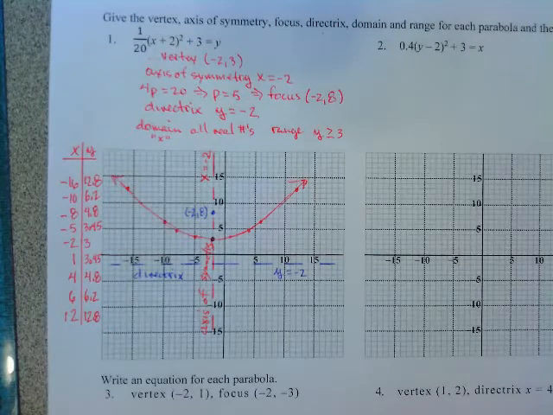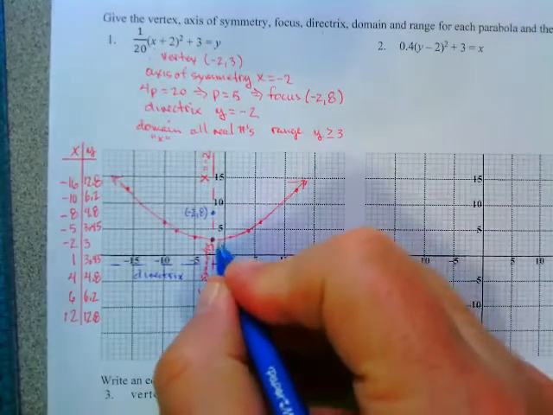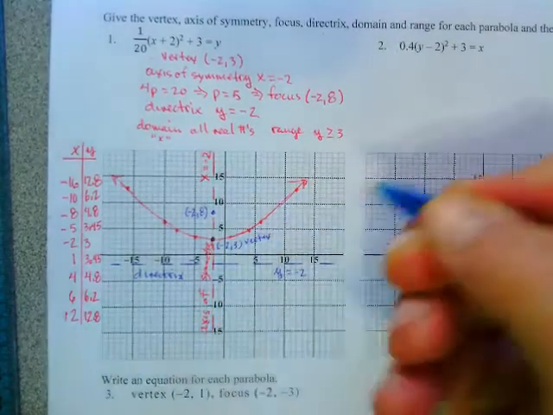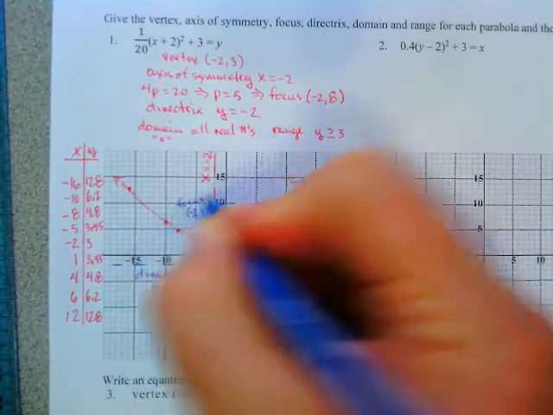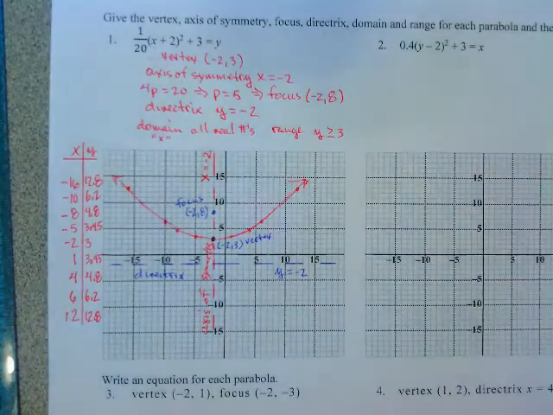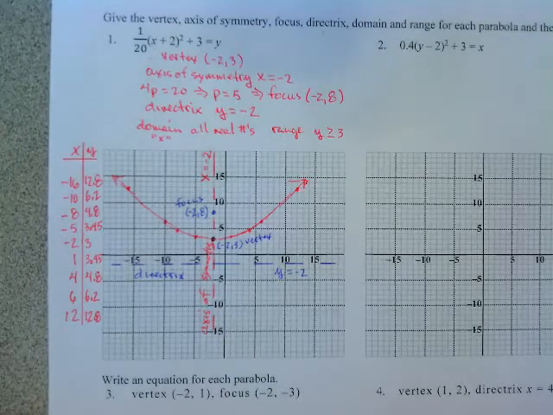And so for the type of parabolas that we've done in the past, except for the fact that this is so much shallower, you can see not only the vertex that we had before, and again that was negative 2, 3, that's the vertex, and then here is the focus. And then we have the axis of symmetry at x equals negative 2 and the directrix at y equals negative 2. Alright, so that's for a typical north-south type of